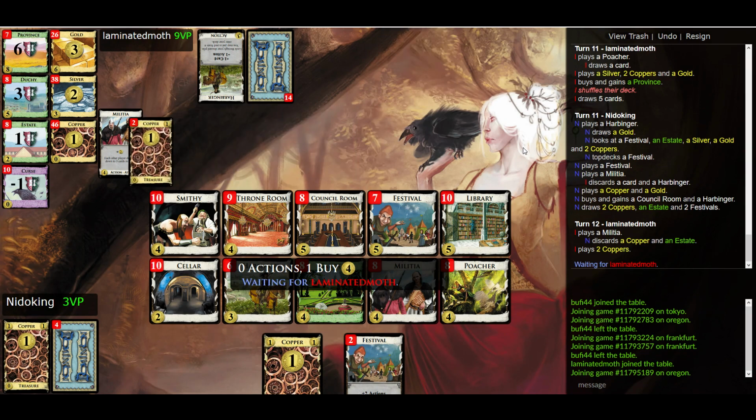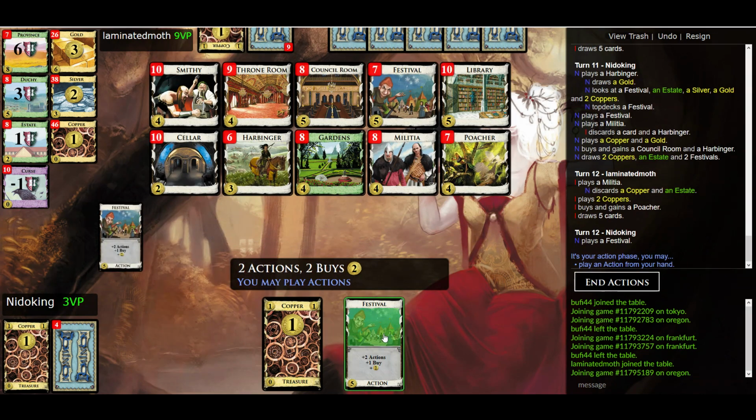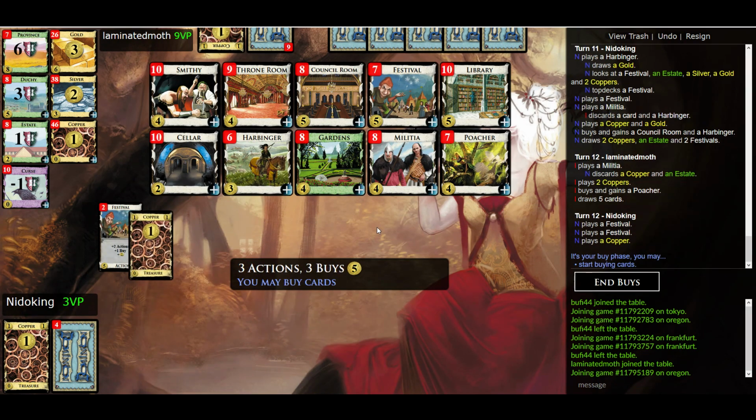That's almost annoying. I can see you going for Poachers. Makes me almost want to go ahead and try to empty a pile here. I'm going to buy out the rest of those Festivals. Yeah, I don't want too many Festivals, though, because then I get turns like this one where I have no draw and just a bunch of Festivals. And a whole bunch of Festivals is fine. They're worth at least a Silver, so